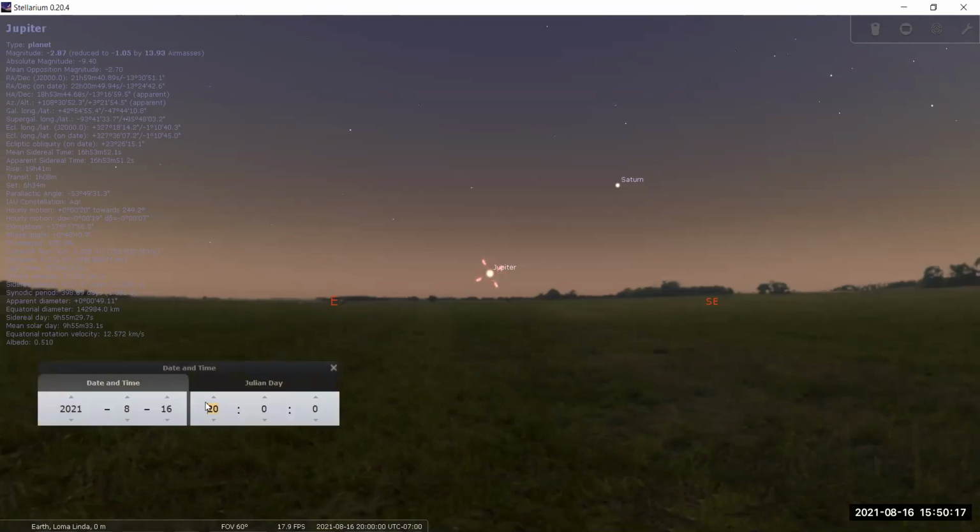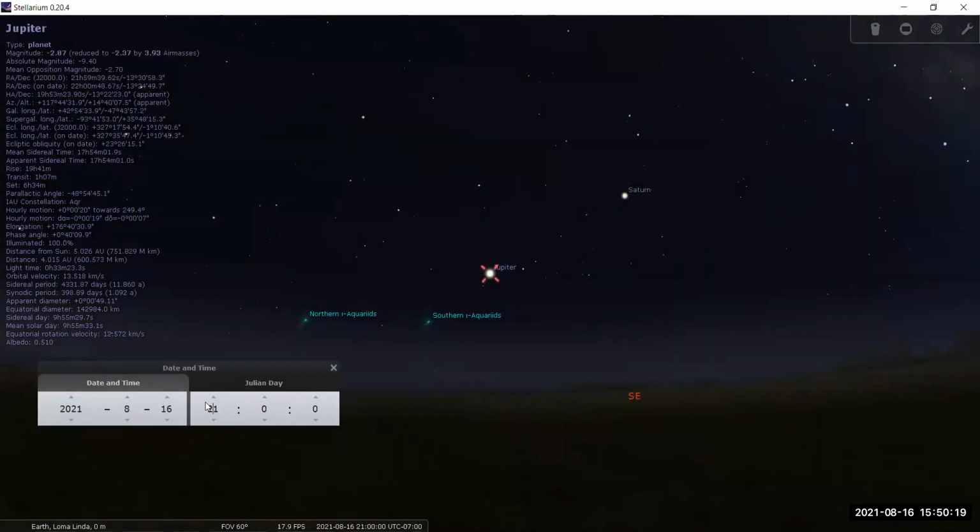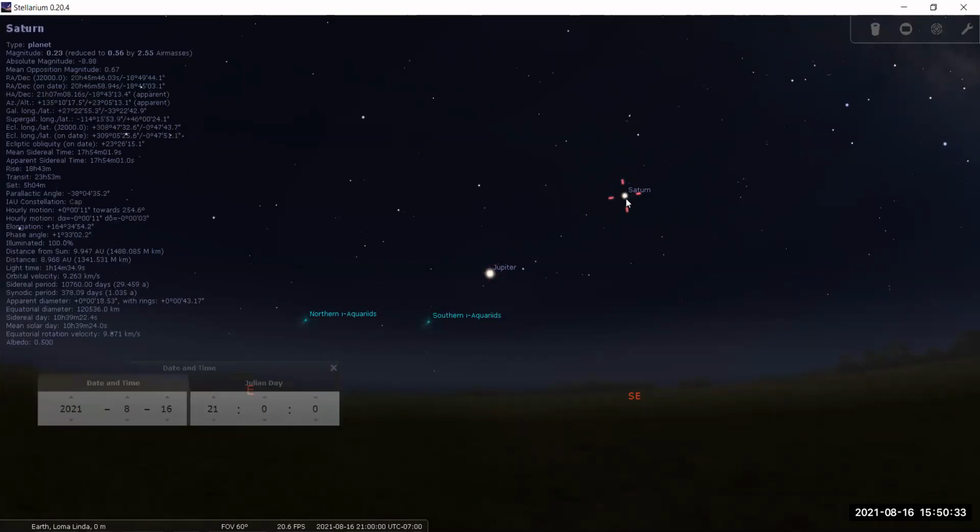So basically, I can see the position of it in here. If I wait until, for example, 9 p.m., which is 2100, first of all, the night becomes a little bit darker because we're well after the sunset, and Jupiter has risen far in the sky. And look at Saturn. If I have a telescope, I can actually see what this object is.